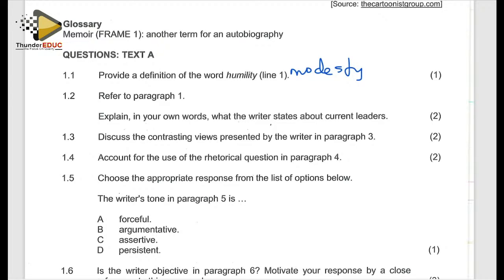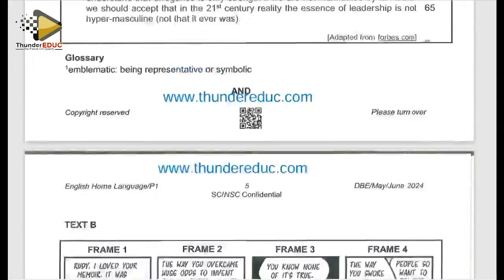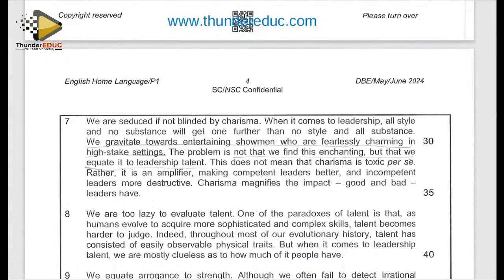Not making yourself more important than others, that's humility as well. That's why I call it to be modest. Refer to paragraph 1. Explain in your own words what the writer states about current leaders. We just read this now, and I believe he used very strong diction there. It says,